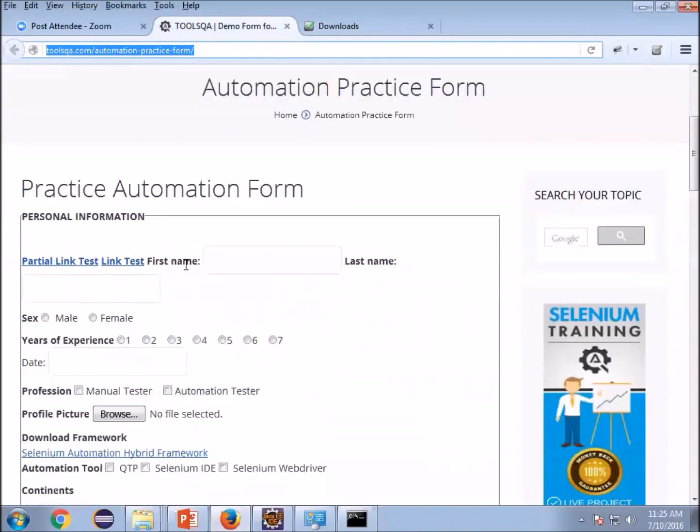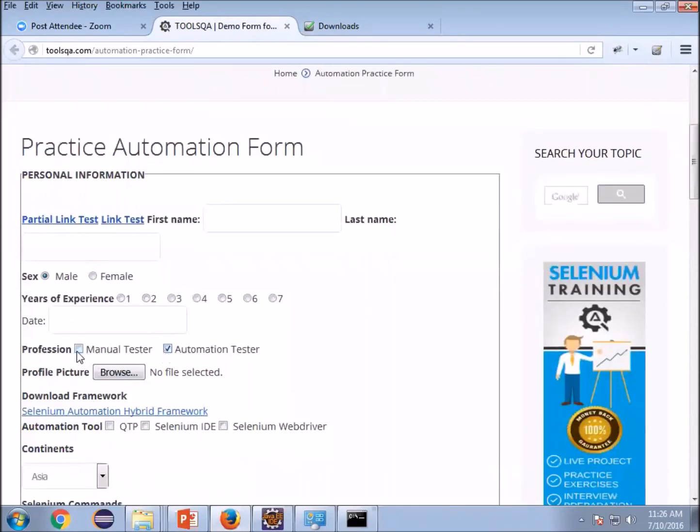It has a few tabs, a few text boxes: first name, last name, then male, female radio buttons, years of experience. Then there are a few check boxes as well.